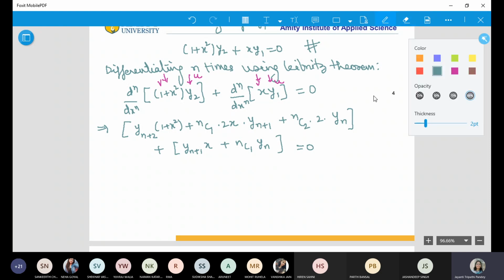You can ask if you have any problem in understanding what I have done. Ma'am, can't we prove the first part of the question by substituting y1 and y2? No. What will you substitute as y1 and what will you substitute as y2? No, beta, you have to differentiate it n times. So it's not that you differentiate once or twice and you can do it. Whenever you have to differentiate it 10 times, the only tool that comes to our help is Leibniz theorem.